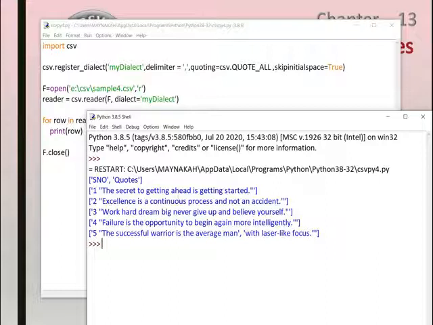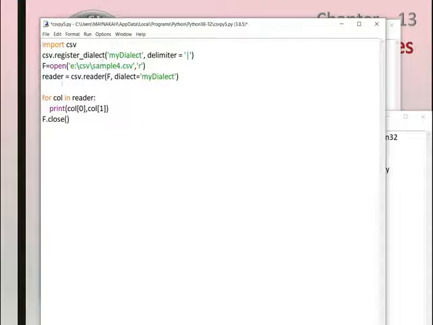Okay. So now we'll see another program for fetching a particular field or column. It is the same program, but here instead of printing the whole thing, we are specifying the field.